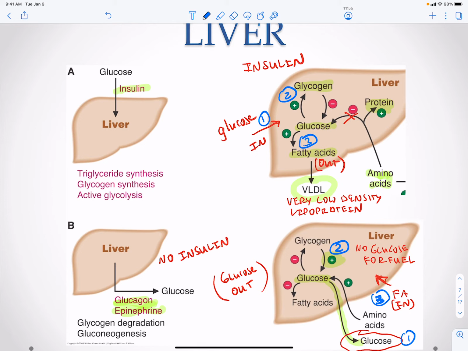They are not made. They are being taken up and used by the liver for fuel. And then number 4, we use our proteins, and here our proteins are broken down into glucose. Keep in mind that when insulin is present, that means there's plenty of glucose, so the liver does not have to maintain blood glucose levels. And in the fasting stage, insulin is gone, so now the liver thinks, I have to maintain blood glucose level. So the major role of the liver in the fed and fasting stage is to maintain blood glucose level.